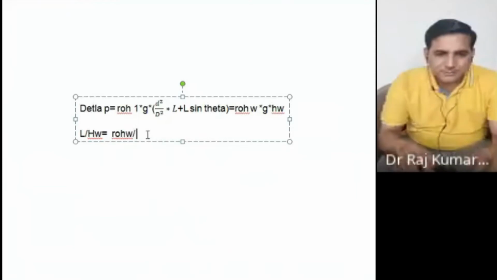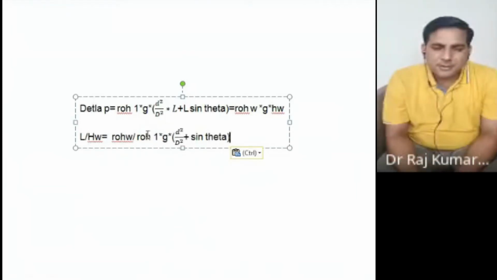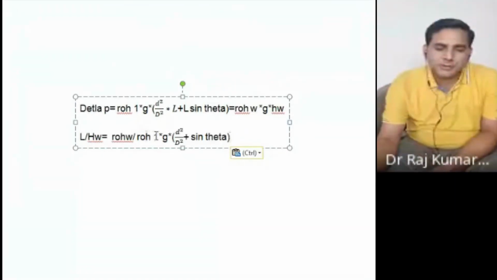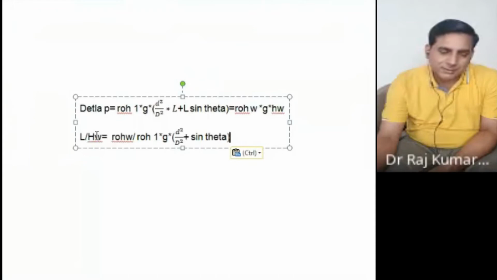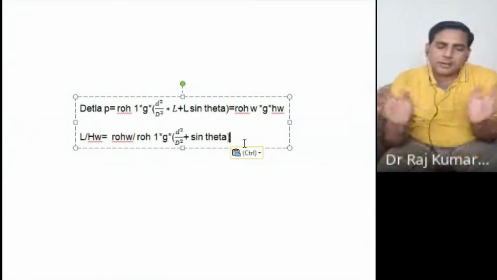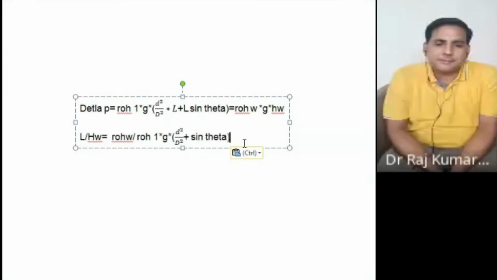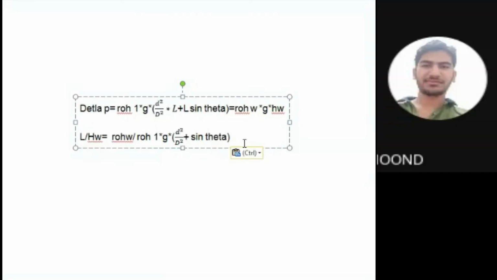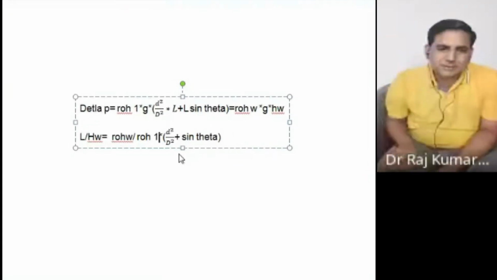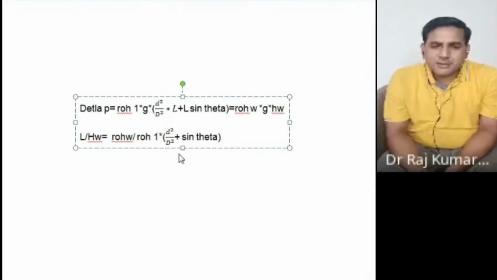So you have this, right? This is called the sensitivity of the inclined tube manometer, because the inclined tube would give this L, which you are just calculating with respect to the water column here. So how can you enhance it? There is no g in this, g will cancel out. Obviously, g will not be here. So this is how you can enhance the sensitivity of the